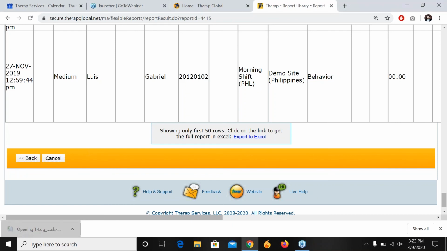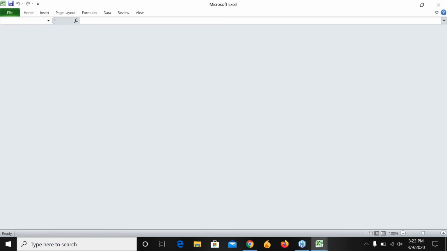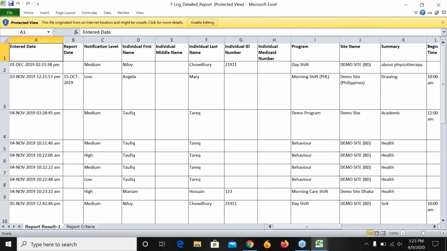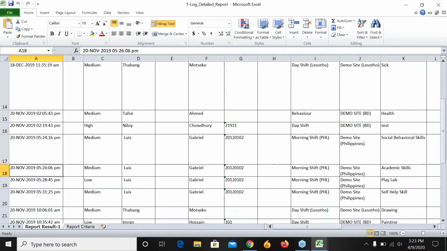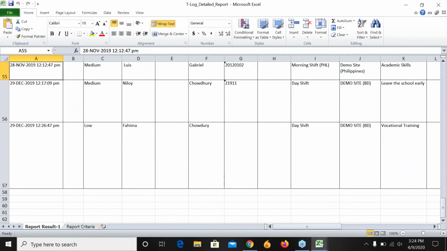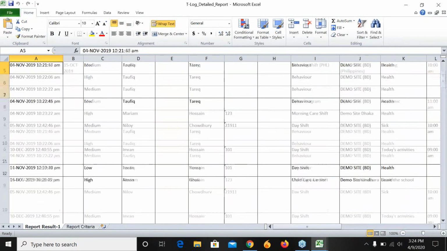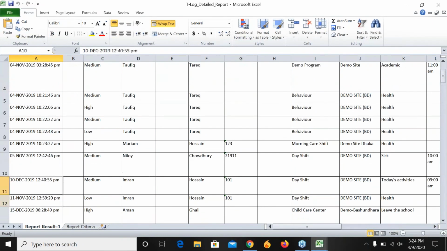Now we can open it in Microsoft Excel or other document-related app you use. You can do that also. If we open it in Microsoft Excel, we can see that there are lots of fields and lots of information. So in the month of November and the month of January 2019, we have entered a total of